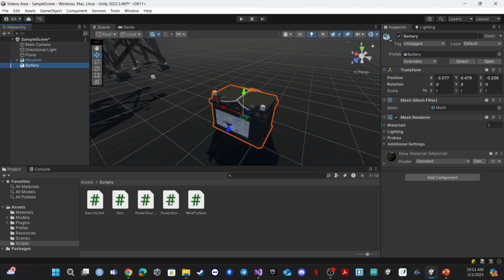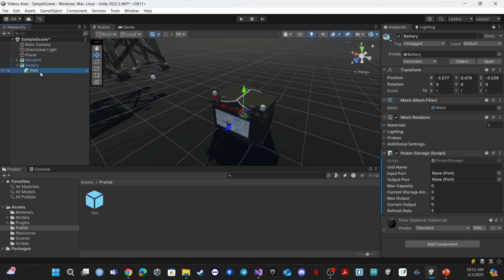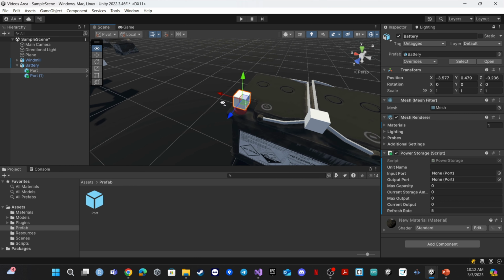Let's add our script right here, and let's add the ports. So from prefabs, let's add 2 ports, duplicate it. So let's make this for input maybe,